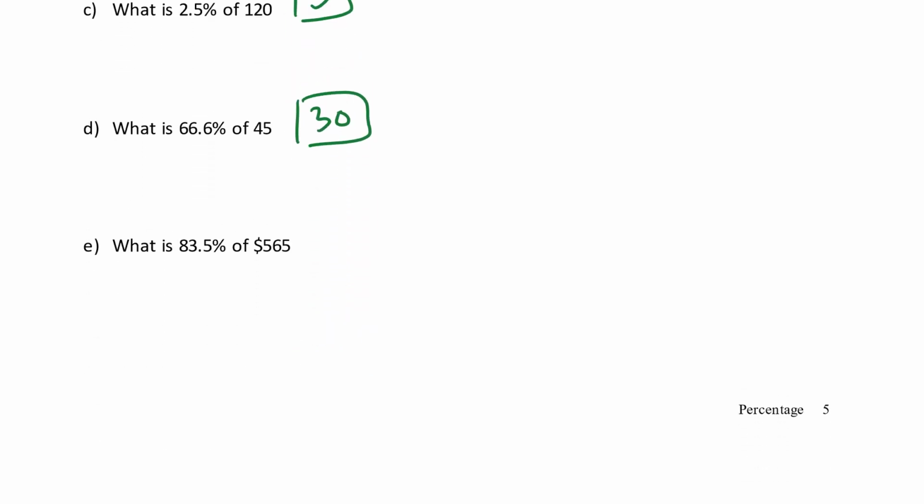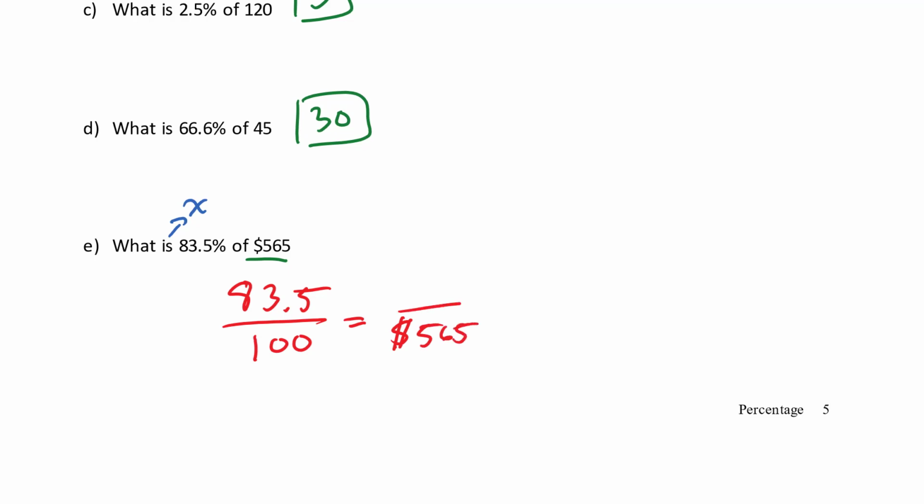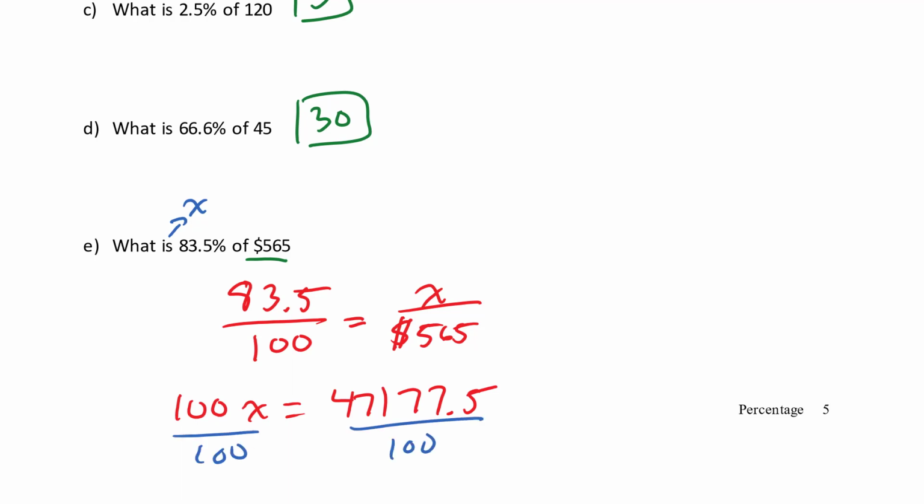What is 83.5% of $565? So here we have our percent, 83.5% per 100. What is? This is the top number. Of refers to this bottom number here. 565 over x. Cross multiply. 100x is equal to 47177.5. Divide both sides by 100 to isolate x on its own. And here I get x being equal to